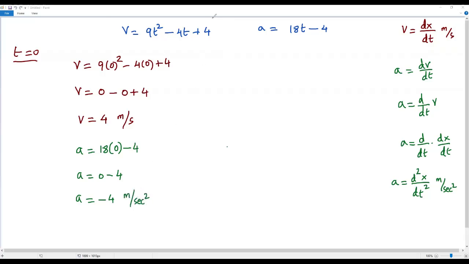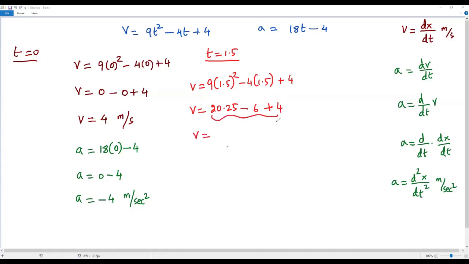Okay, now let's find the same velocity and acceleration when time t equals 1.5. For that, I have to plug t equals 1.5 into the velocity function and acceleration function as well. First, let's find the velocity when t equals 1.5. Then v equals 9 times 1.5 the whole squared, negative 4 times 1.5, positive 4. When I square 1.5, I'm getting 2.25. When 2.25 is multiplied by 9, I'm getting 20.25. So 4 times 1.5 is just 6, positive 4. So when I simplify this numerical expression, I'm getting